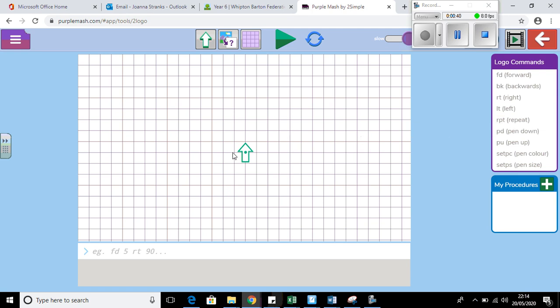So before, we would have drawn a square by putting in something like forward 4, right turn 90, forward 4, right turn 90, forward 4, right turn 90, forward 4, and then we would get a square. Okay, I'm just going to reset because we can make that a bit quicker or a bit more efficient